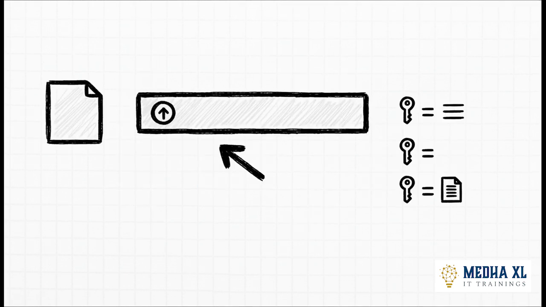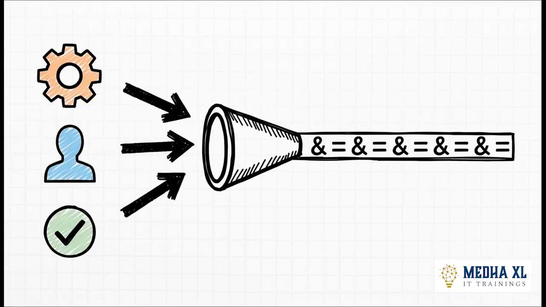Next, we've got form-data. The rule here couldn't be simpler. If you need to upload a file, this is your guy. That's it. It sends everything as key-value pairs, and one of those pairs can literally be a file you pick from your computer. And last but not least,